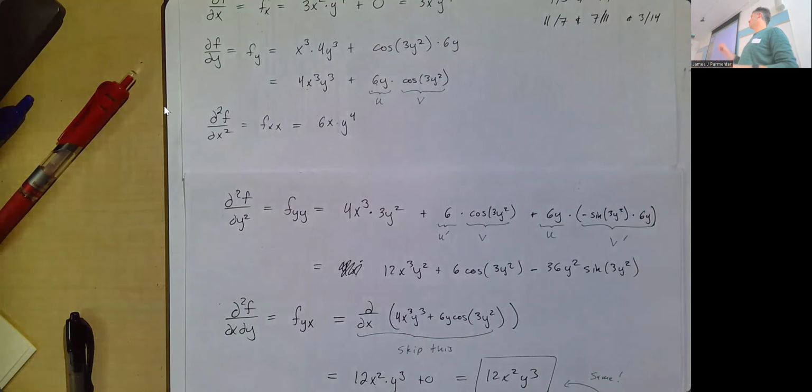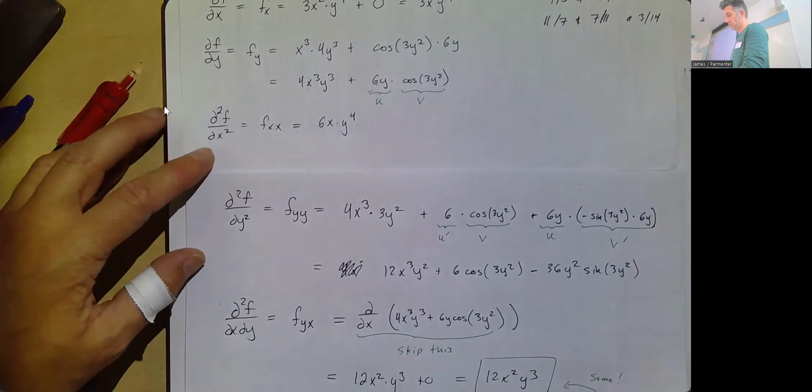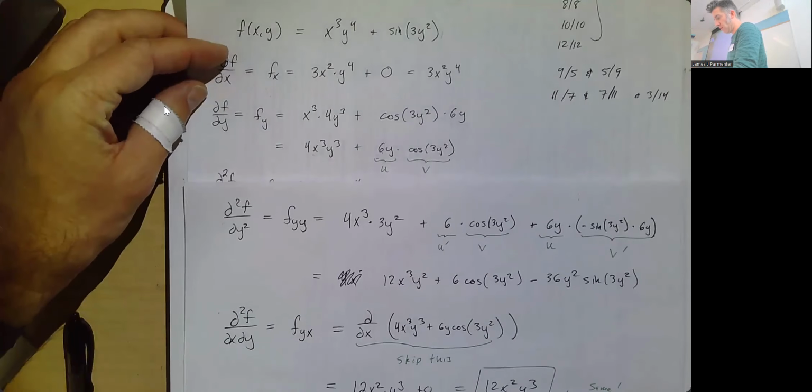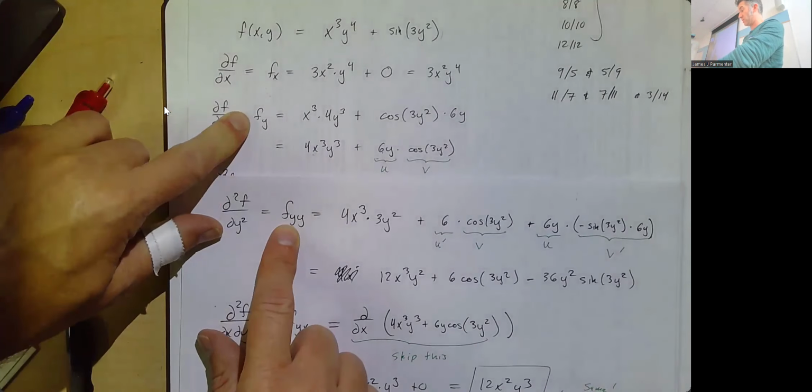Sure, except I'm gonna say one thing. We don't say the of. So we just say FYY. Totally. So when I'm finding FYY, which is just the derivative with respect to y of FY,